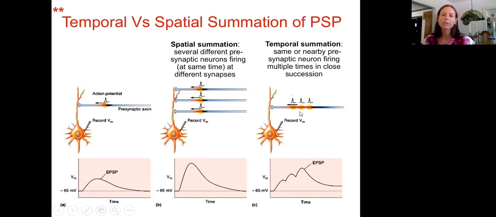And then you can see here with temporal summation, there's only one source, but the action potential is happening rapidly over and over again. And then you can see that EPSPs here add up to eventually close to a threshold level